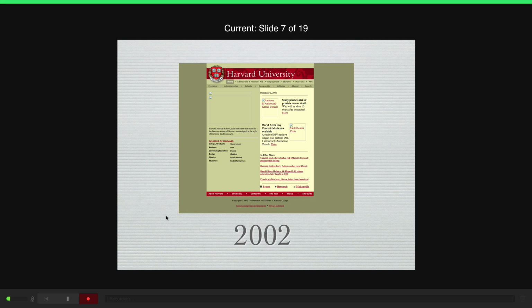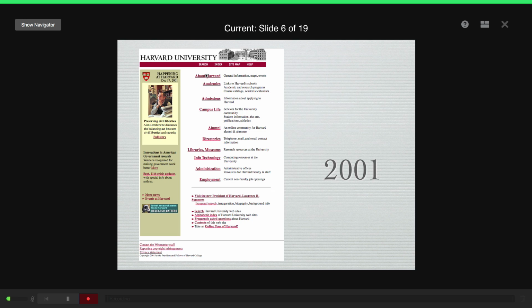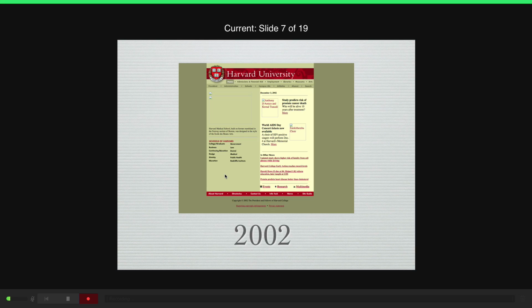2002, green all over the homepage, and we see a little contrast with a lighter green or yellow, a bigger navigational bar, fewer navigational links as we had in here. I think that about Harvard, academics, admissions, they started to take shape on a horizontal view. Some images, not a big difference from 2002 into